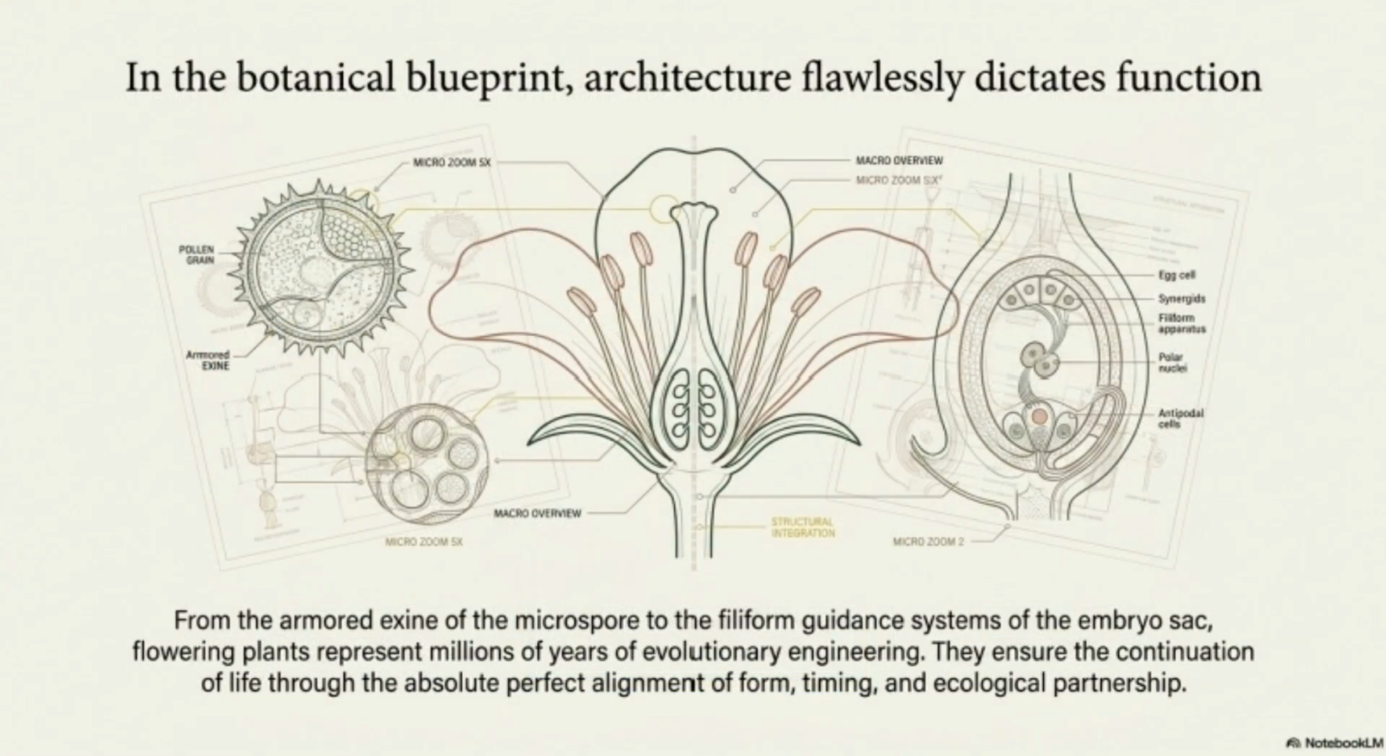In summary, from the highly armored, resilient structure of the microscopic pollen grain to the complex, filiform guidance systems of the embryo sac, flowering plants represent millions of years of brilliant evolutionary engineering. They ensure the continuation of life on Earth through the absolute perfect alignment of structural form, precise timing, and ecological partnerships. Next time you see a flower, remember, you are looking at a masterfully designed biological